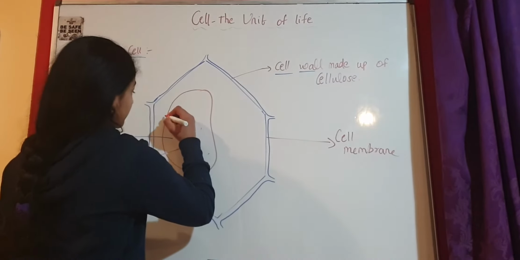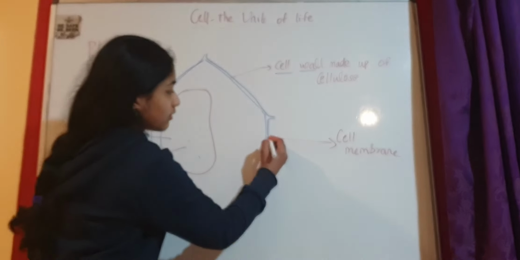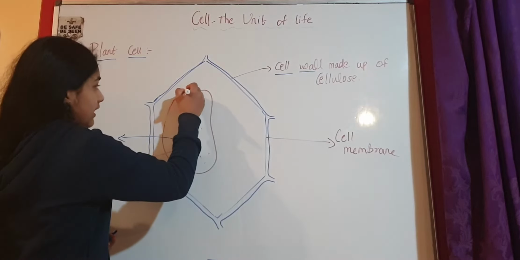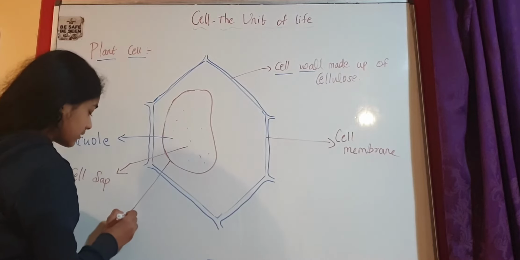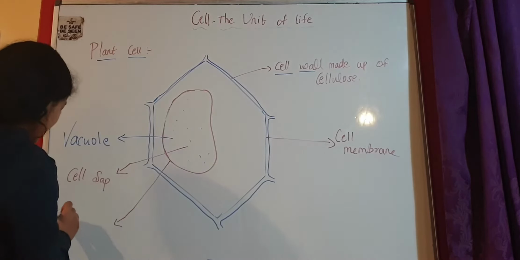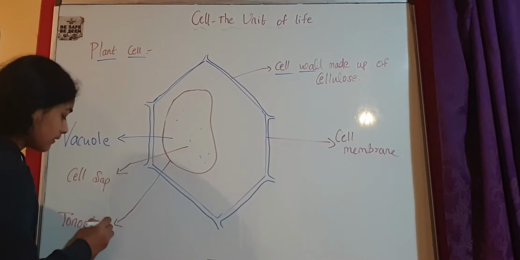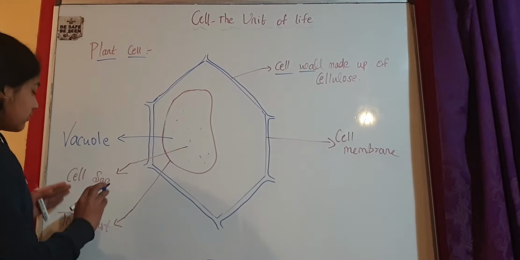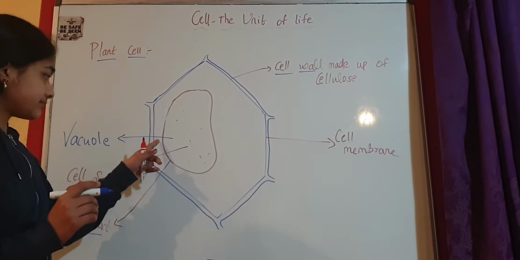Now we are talking about the membrane here. Like the cell has a cell membrane, which is just a protective layer, the vacuole also has a protective membrane outside it, and it has a special name that is very important to remember. It is called the tonoplast. The tonoplast is the membrane of the vacuole. So: vacuole, cell sap and tonoplast. The tonoplast is the membrane of the vacuole.